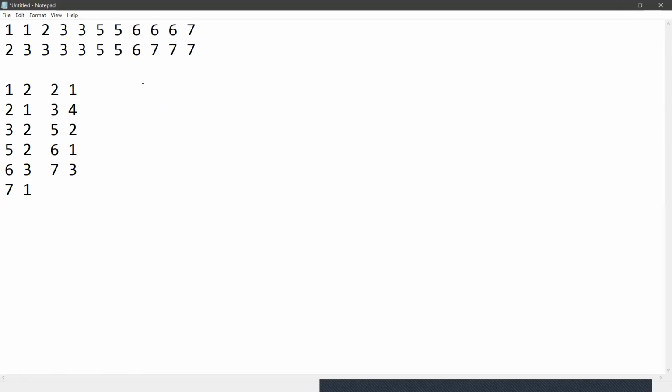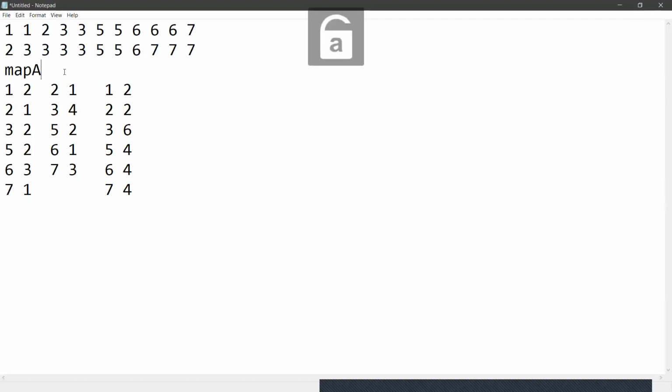Make a total map according to map A and map B: 1 with respect to 2, 2 with respect to 2, 3 with respect to 6, 5 with respect to 4, 6 with respect to 4, and 7 with respect to 4. This is my map A, map B, and this is the actual map.